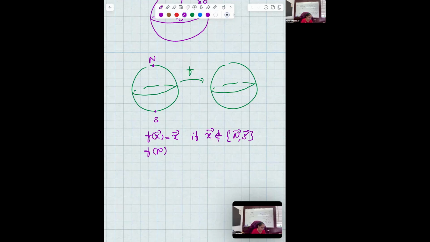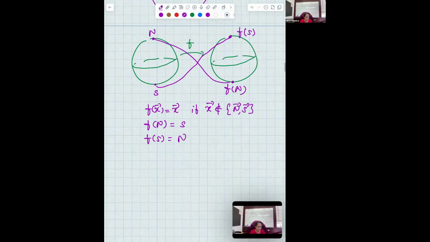So f of the north pole is mapped to the south pole and f of the south pole is mapped to the north pole. Okay, that's how I'm defining my function. Let's see what is P, at least a couple of points in P_f. So I claim